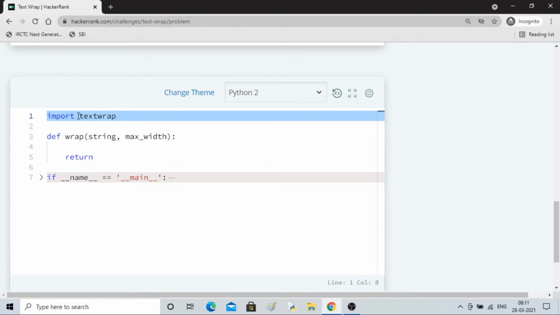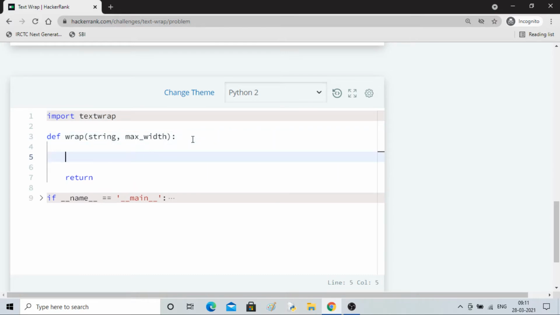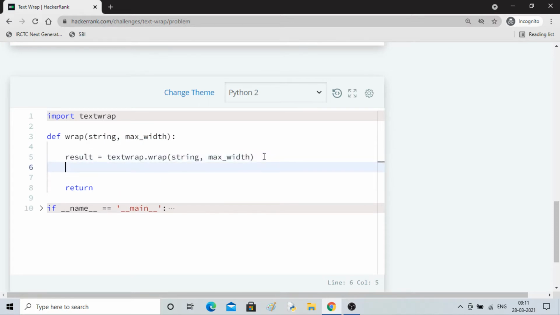Since you can see it is already given a library called textwrap, so you can use it. Let's say result equals textwrap.wrap, and you pass these. That's a library you can use.